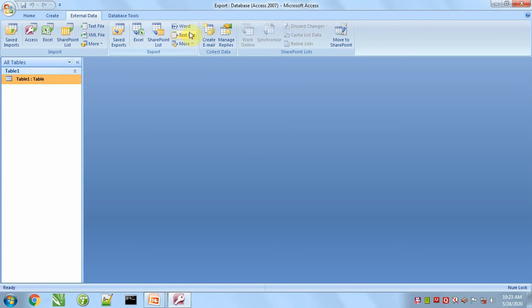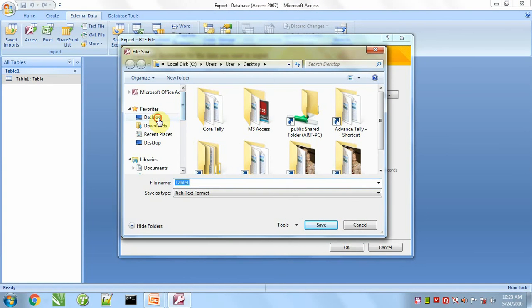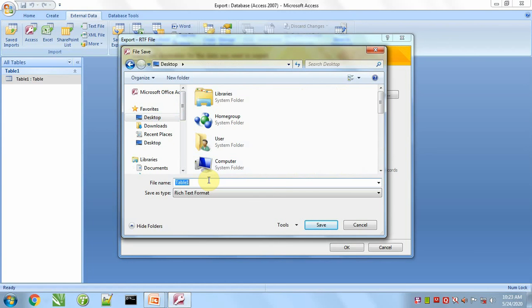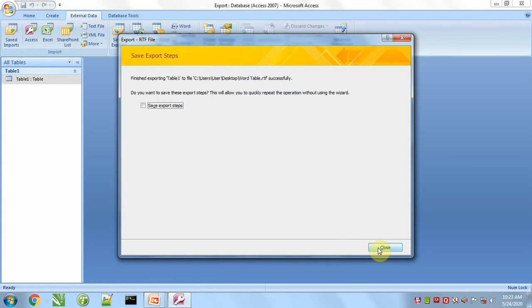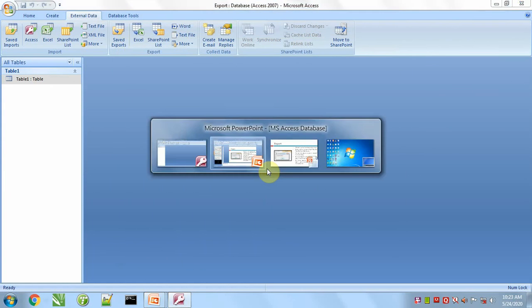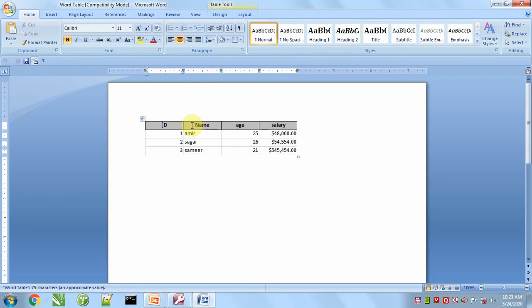Next, export this file in the format of Word. Same situation here. If we check this option, that file will open, otherwise it will not. It is a Word file along with formatting.